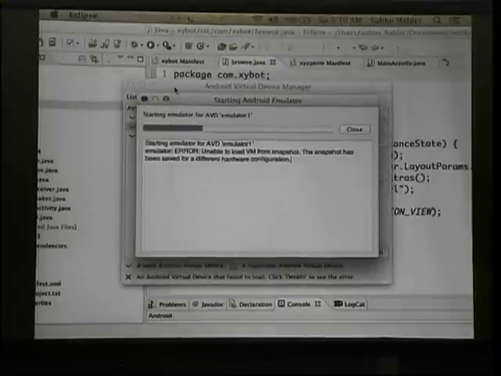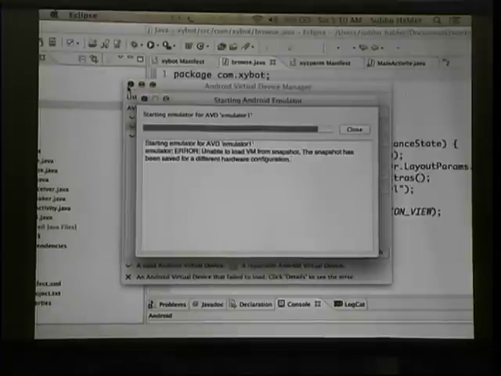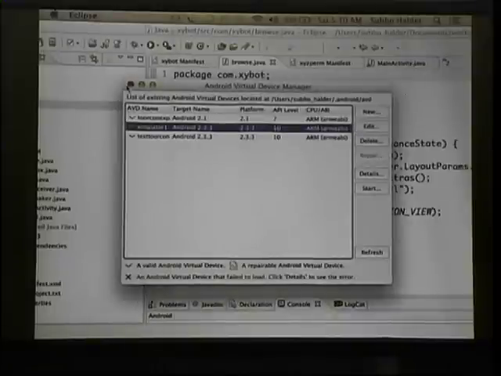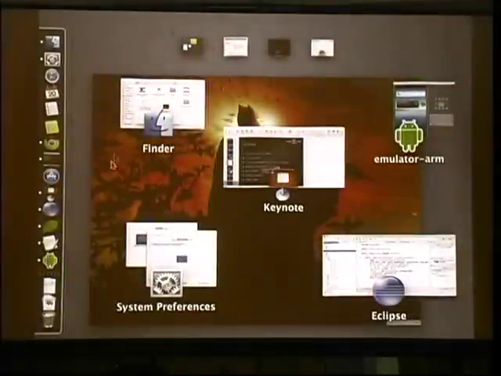It's going to take not much time, I hope. Did it open?